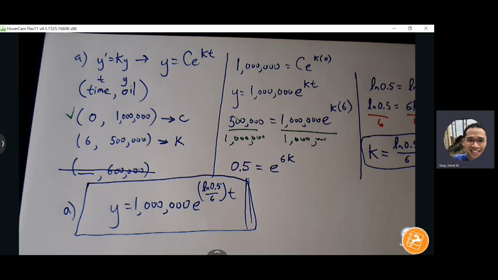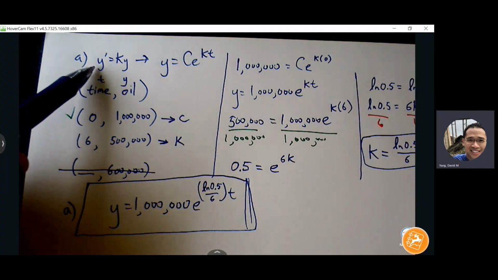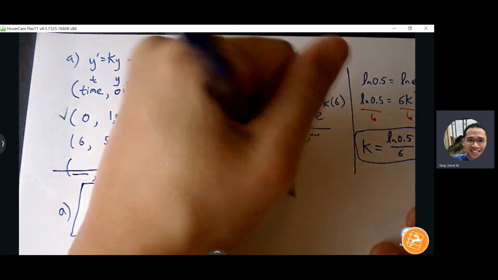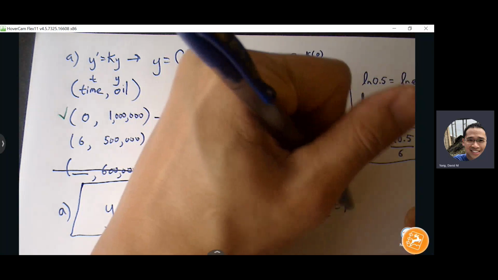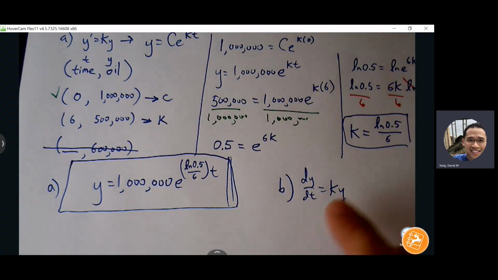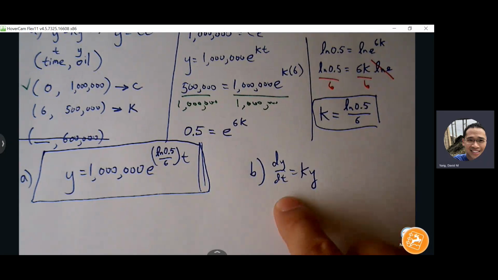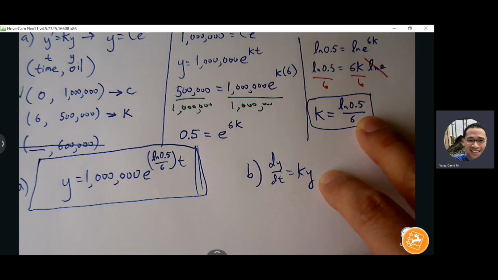Okay, so at what rate? So we're looking for a rate, which is this formula right here. At what rate is the amount of oil decreasing when there are 600,000 gallons of oil remaining? So for part B, we're just relying on this formula, dy/dt equals ky. Because if y is the amount of oil in the well, then we know that dy/dt is the rate at which the oil is decreasing or changing. So to solve for dy/dt, I can just plug in the k that I found and plug in the y of 600,000, and